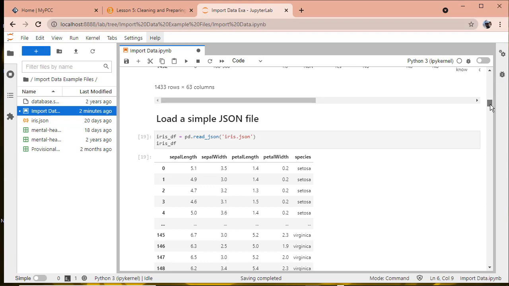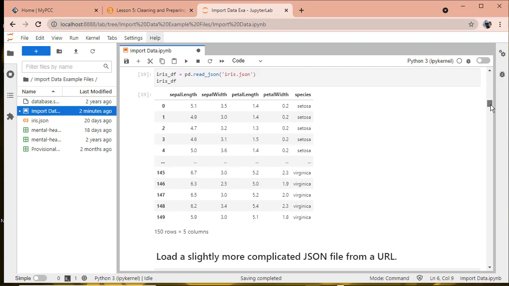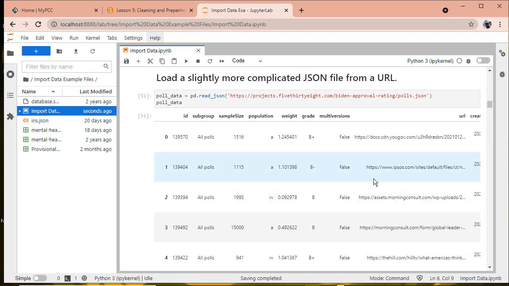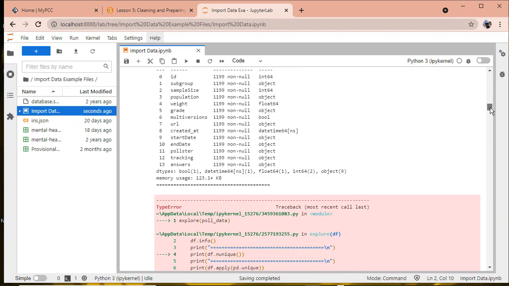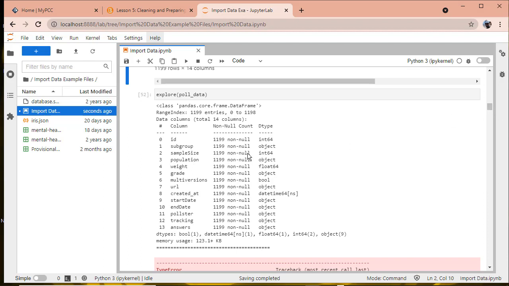So the next data set that we're going to look at is this iris data, and this is already clean, so it doesn't need anything in particular. I'm going to use all of the rows and all of the columns. And then for the poll data, I'm only really interested in the, let's say, start date and the information and answers. So I'm only going to pull out those two columns. And then for rows, I actually do want to do quite a bit of filtering. So let me go ahead and